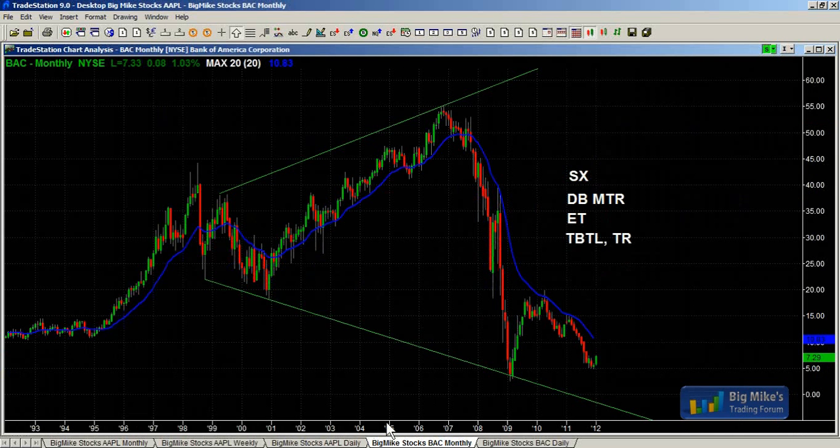Bank of America, I think, has been interesting. We had a huge crash in 2008, 2009, and then a very strong bull spike, and then a weaker sell-off, 3 legs down, a wedge bull flag, either a double bottom or a higher low, potential major trend reversal in Bank of America. And you can draw a very steep trend line. We broke above it. We tested the moving average, and now we're testing the low.